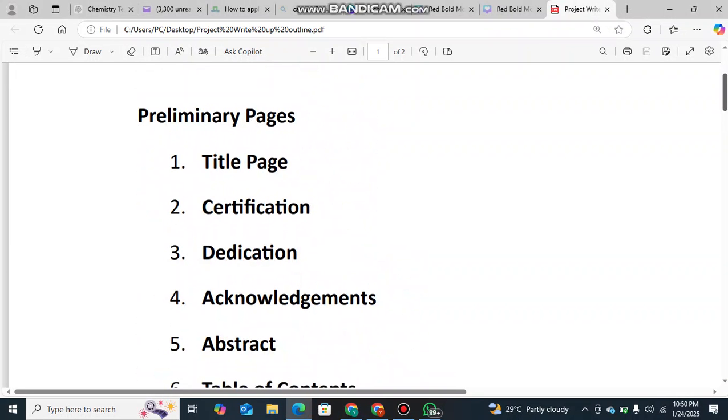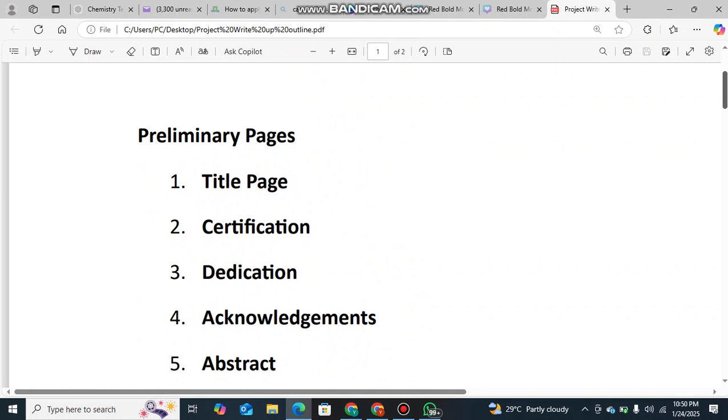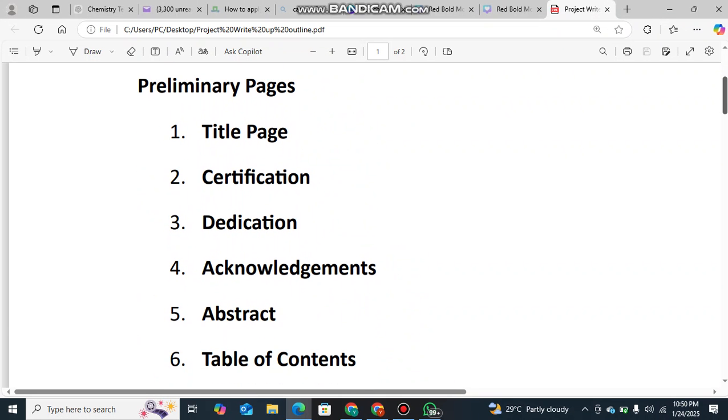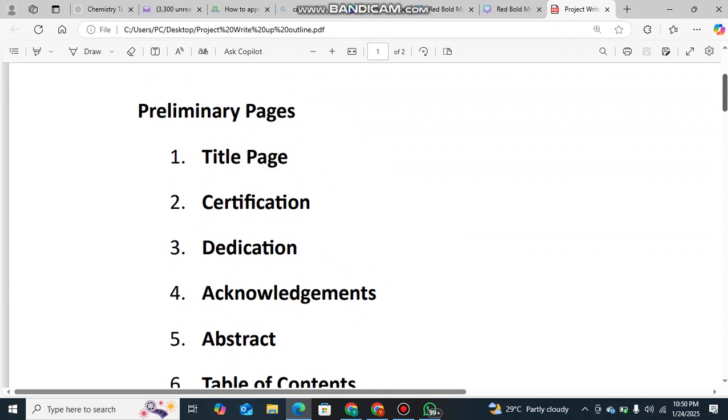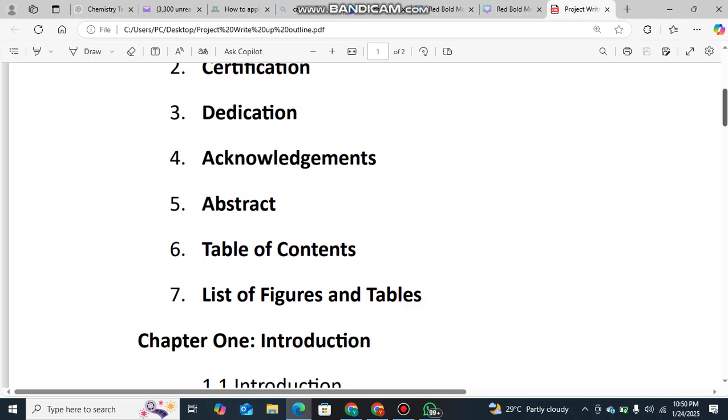The first sections that you need to have in your project is the preliminary pages, and the preliminary pages come at the beginning of your project. Under your preliminary pages, you're looking at the title page, the certification, the dedication, acknowledgement, abstract, table of contents, list of figures, and table. These are one page each, except for the table of contents, which might exceed one depending on how